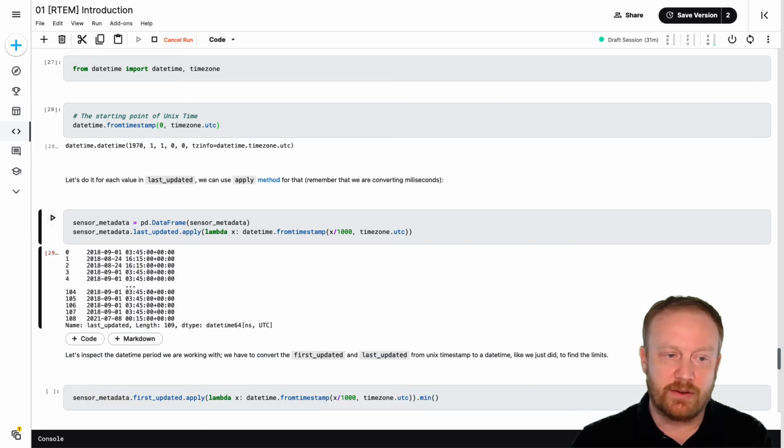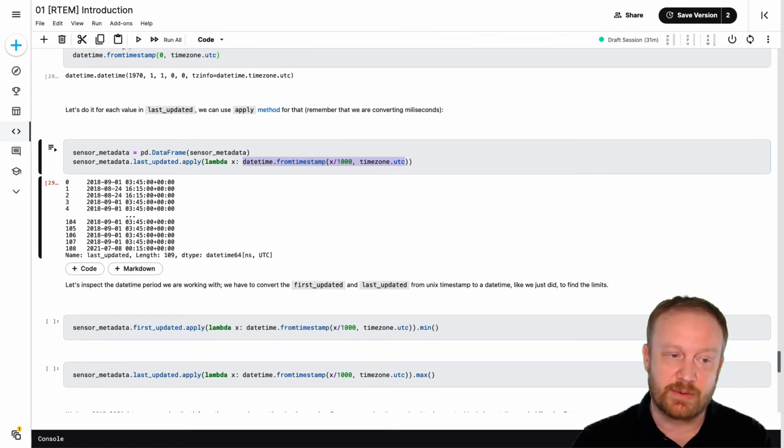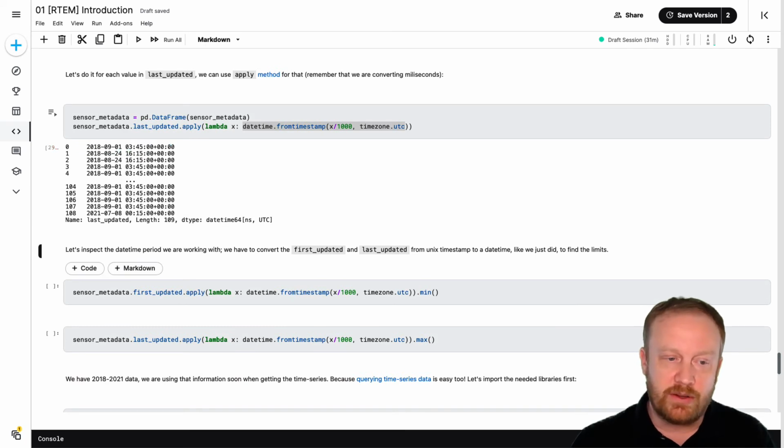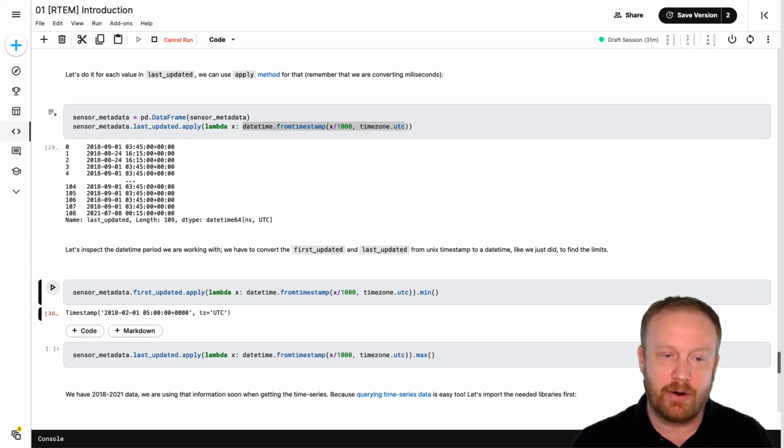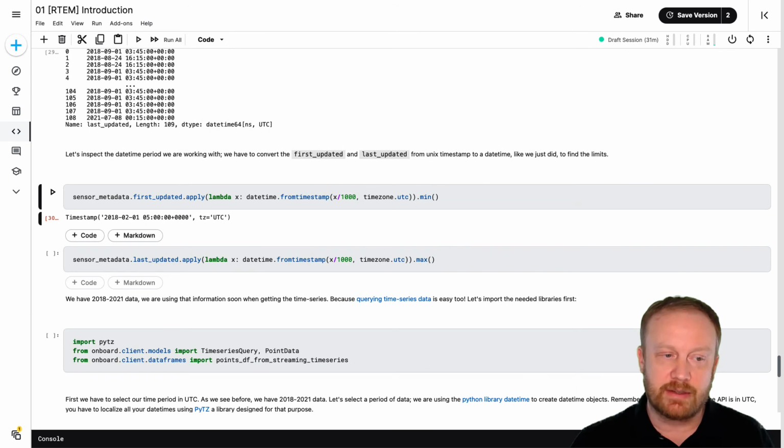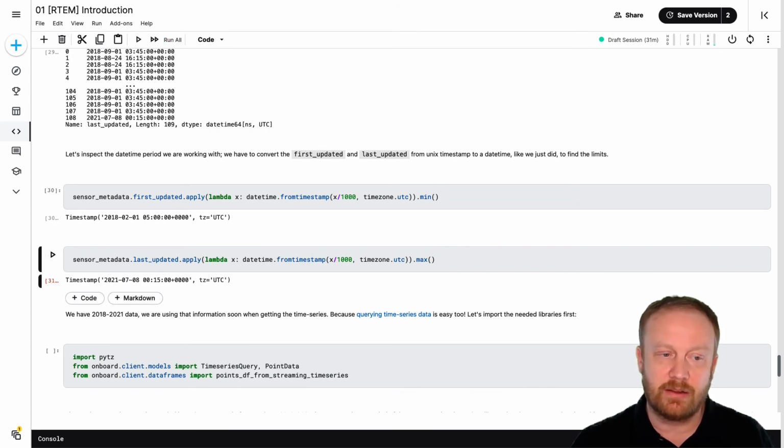And then we can use within Pandas the .apply function to apply a function to convert those objects into something more human readable, which you can see here is 2018, September the 1st at 3:45 in the morning. So we want to use this function to get our first and last updated columns transformed,